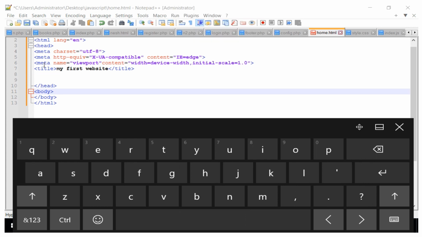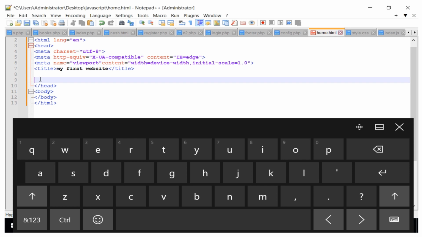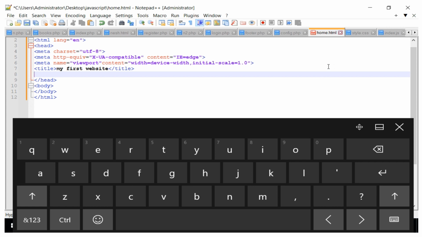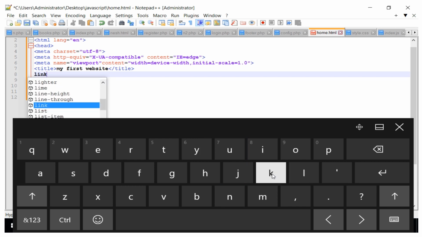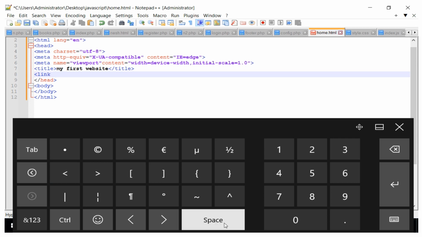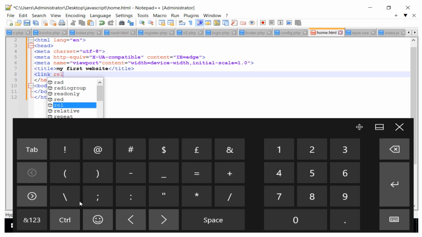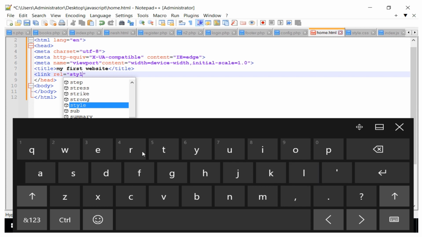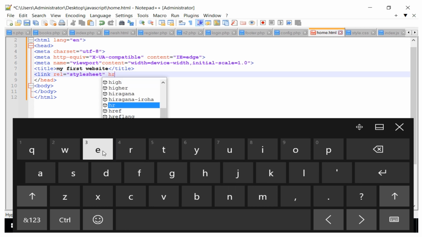So now having the structure of this HTML, that's how the structure is. We can try to link our pages that we have created, that is the CSS. Remember, we can have the internal CSS, maybe we can have the inline CSS, but now we have the external CSS because we want it to be in a separate page. And for this we can have the link here inside the head, and remember you need to put it in a tag. So we have the link, and then we can have an attribute, which is the rel attribute here, and you can say is equals to stylesheet. The style sheet, and then we can give the second attribute here, which is the href,